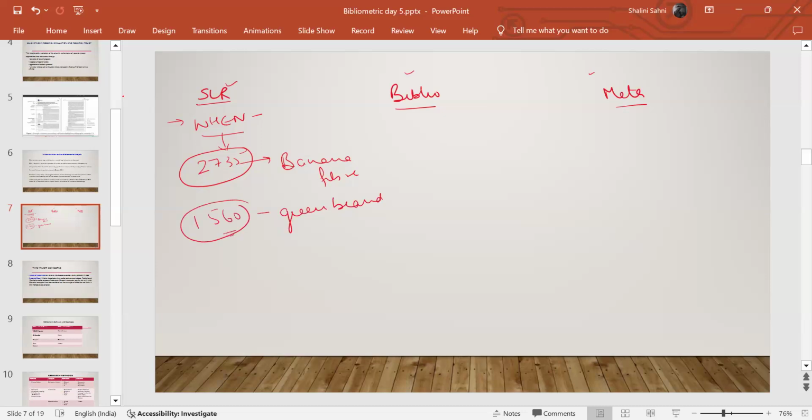So now, as far as we all understand, it is not humanly possible to organize this kind of data, thousands of articles. So we really need to bring it down by adopting certain filters, right? So in SLR, what are the kind of filters we apply? Let's revise what we did yesterday. One was the base year,